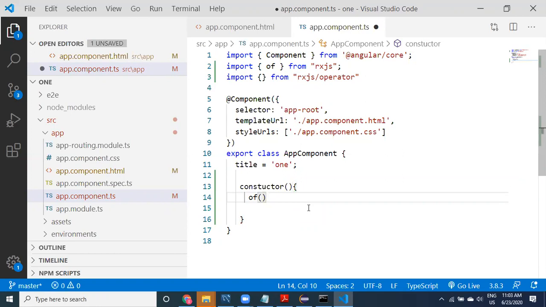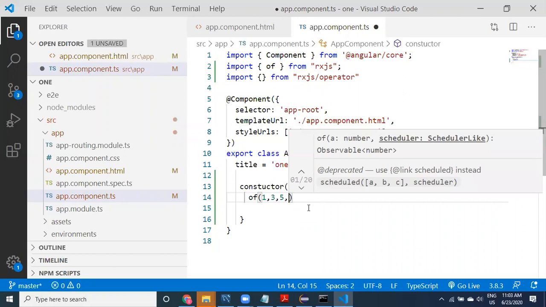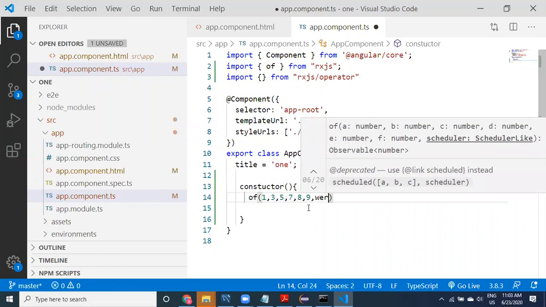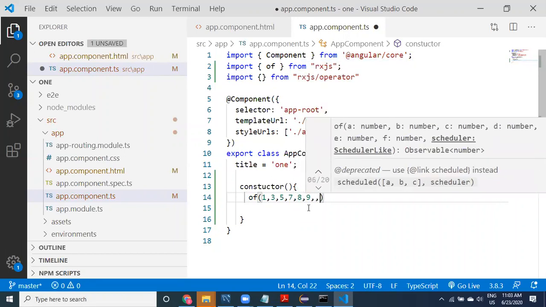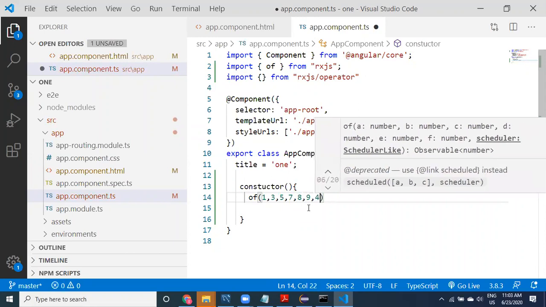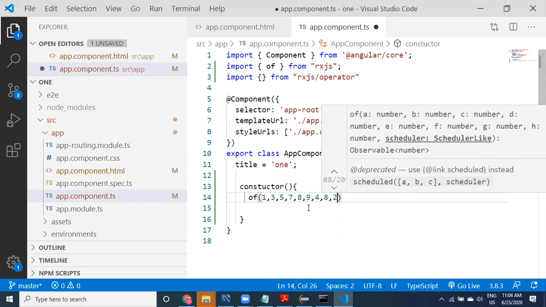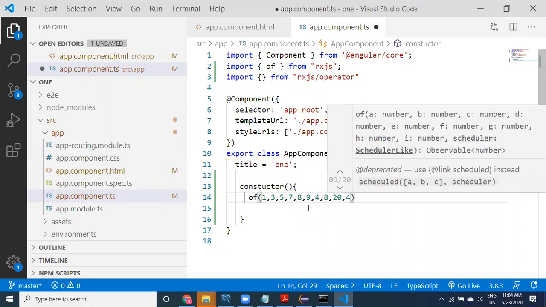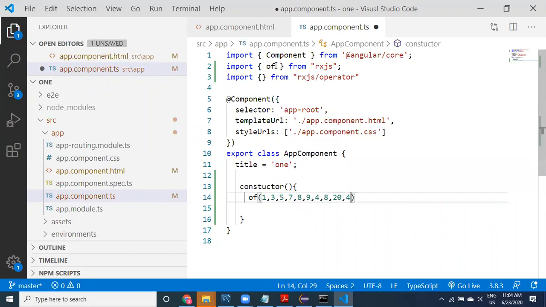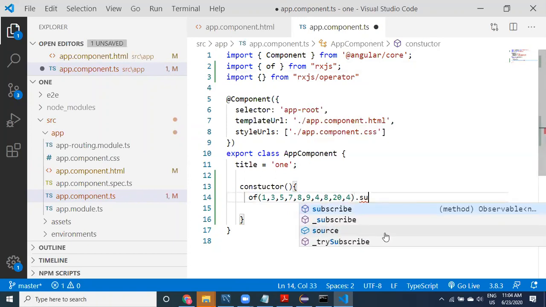For that, I can provide some values over there. You can provide n number of values. Now, the of operator, this can be called as of. Using of, you can create an observable. Out of this, you can call subscribe.